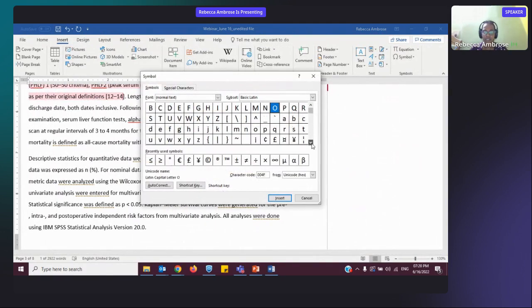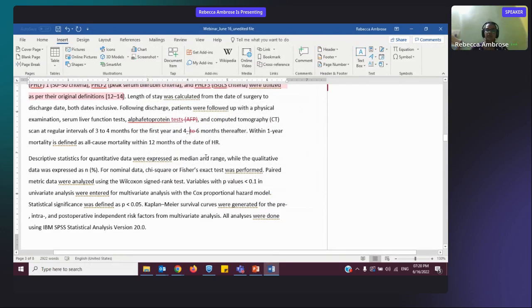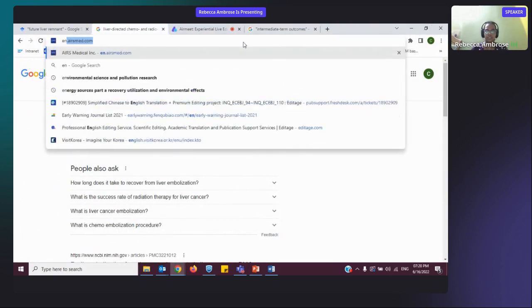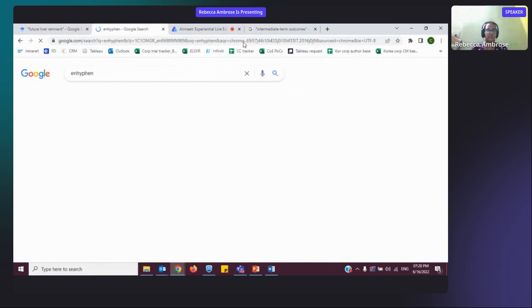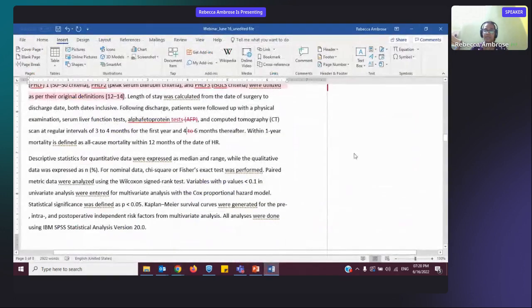You can find it. Okay, I'm not able to find the n hyphen, but it's okay. There's a K-pop band that shows up instead, but um most journals will be okay with a hyphen, so you can use a hyphen over here,